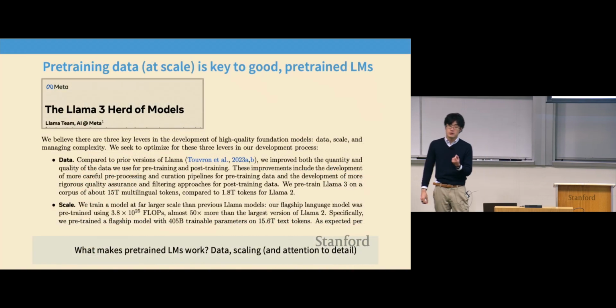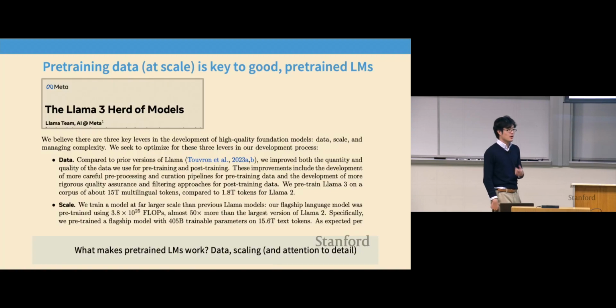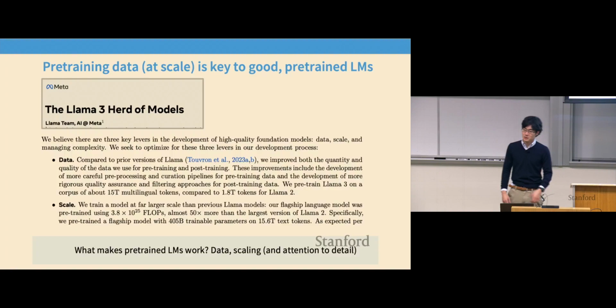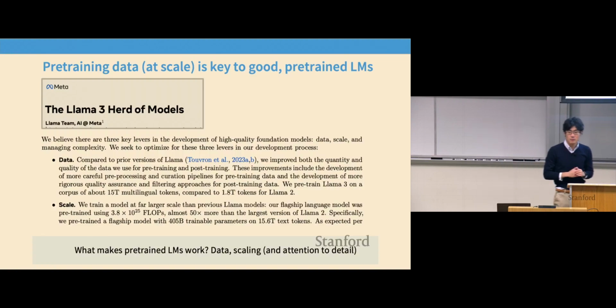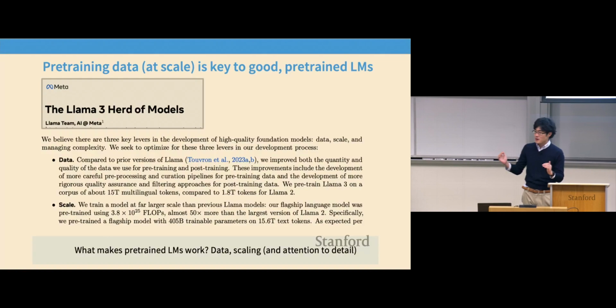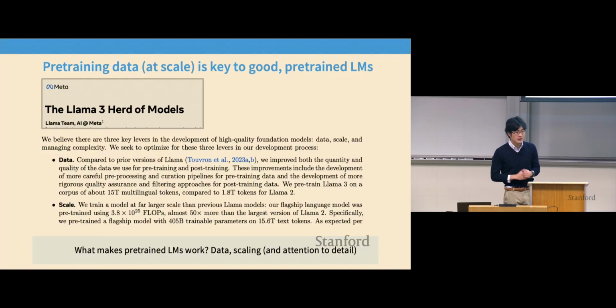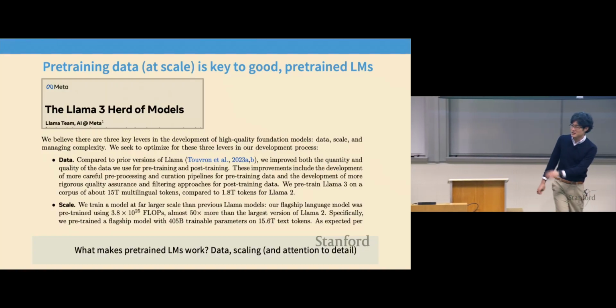So let's get started with thinking about data selection. Why does data selection matter? I can make my own arguments, but I think it would be more credible to let a frontier lab training big language models do the talking for me, right? So you can go download and look at the Llama 3 tech report, and they're pretty upfront about what they thought was important in training the biggest, most capable open source models at the time, right? And they say there are three things that are important: data, scaling, and attention to detail in the engineering, right?